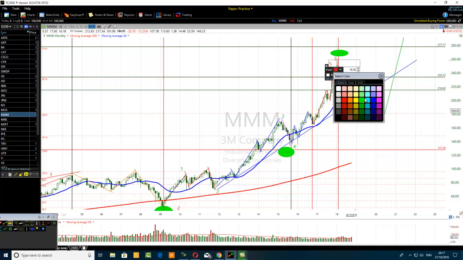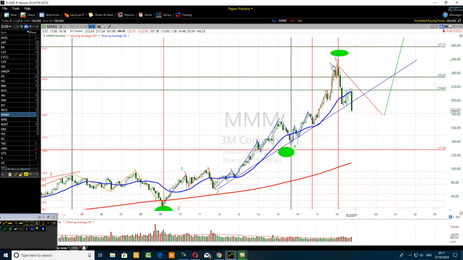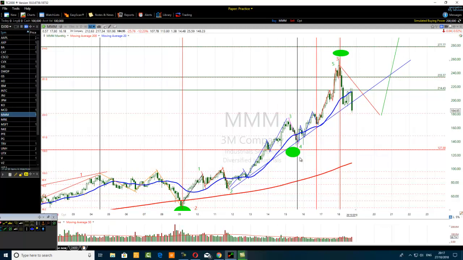Anytime you hear the word fifth or third or first, those waves can be extended. Very often you will see that the third wave will be extended quite often, but sometimes, surprise, surprise, the fifth wave also can be extended. So from between those two green spots, we have the fifth Mano wave of the third wave.